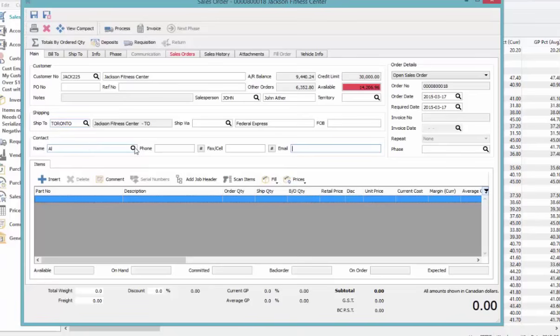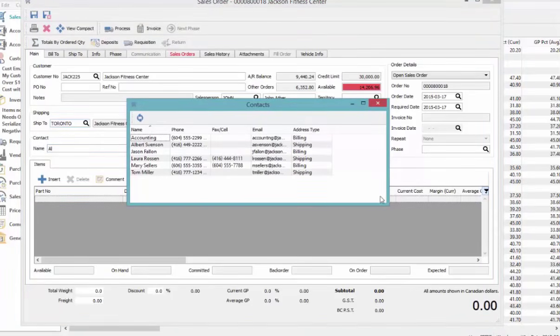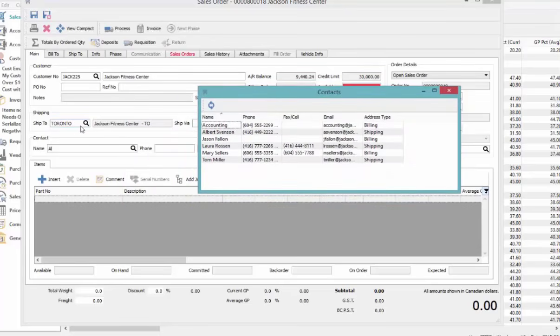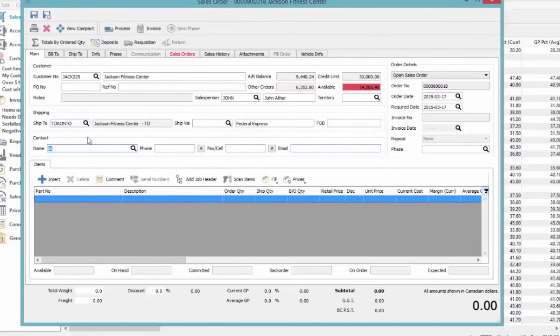But I can also have access to all of their contacts in the system, including all of their ship-tos, not just the Toronto ship-to I chose here. I can choose any one of their other ship-tos, and if I choose one of them, it populates their name, address, phone numbers, and their email address onto this screen right here. Okay,